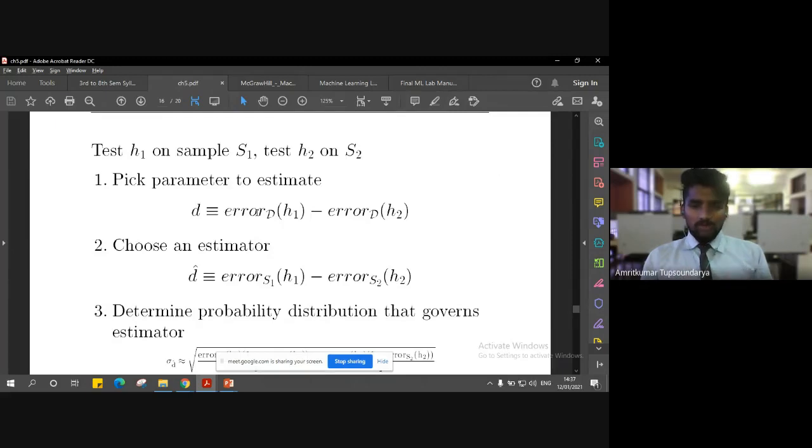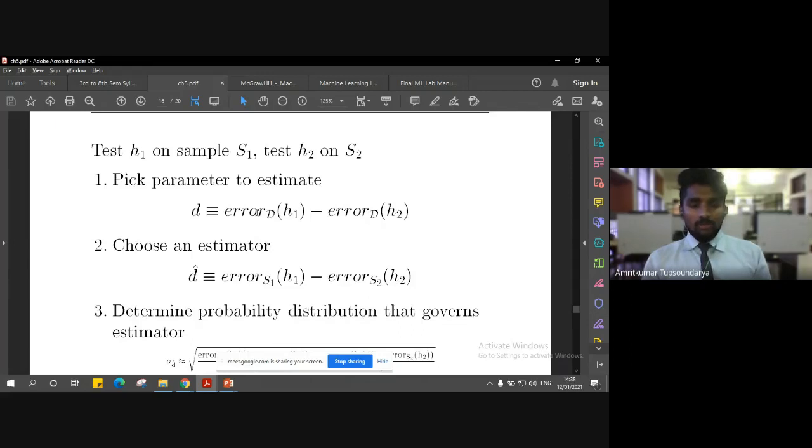So once we choose the estimator, how are we going to choose it? We are going to choose the estimator by comparing the difference between the sample errors instead of the true errors, because we are going to check in the sample data whether the difference between the sample error of one hypothesis and the second hypothesis can be chosen as an estimator.